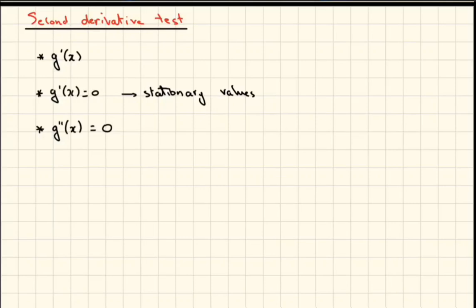So, let's say you have g of x equals 3x plus 5. Then g prime of x equals 3, and you need to derive one more time, and you get g double prime of x equals 0. Then you cannot use the second derivative test. In this case, we say it fails. Okay, now,